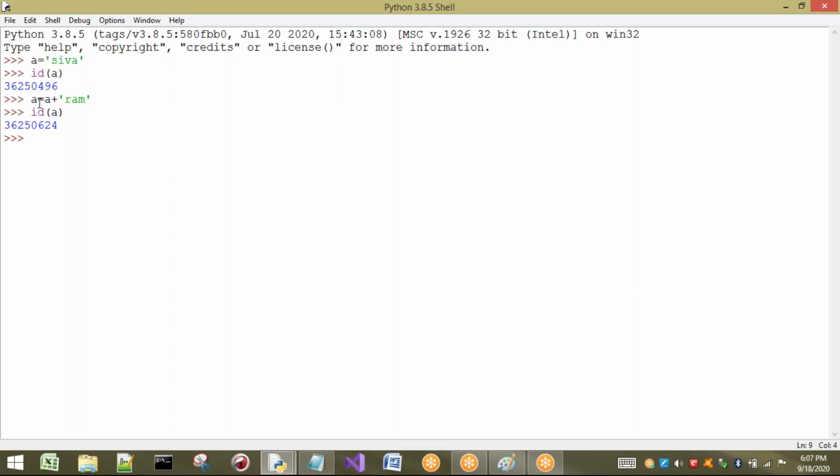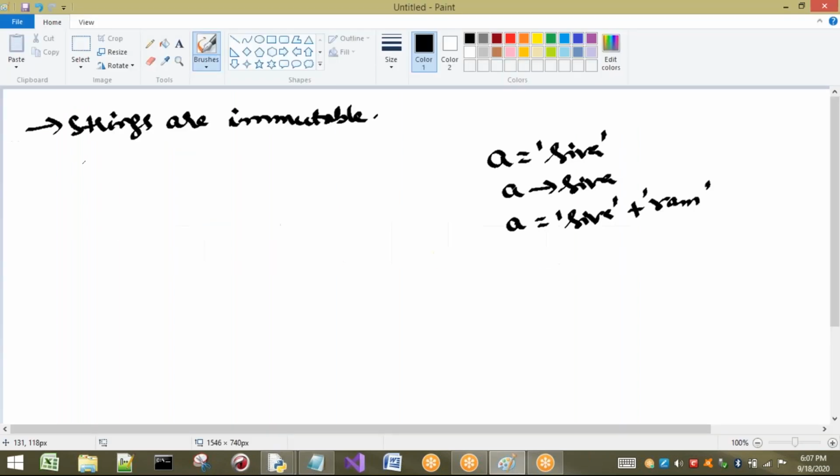That means the name is a only, but in this a, Shiva is there. Whenever you add something to that object, a new object is going to be created. See here, a is here. In this, we have a string called Shiva with some address, 234 for example.